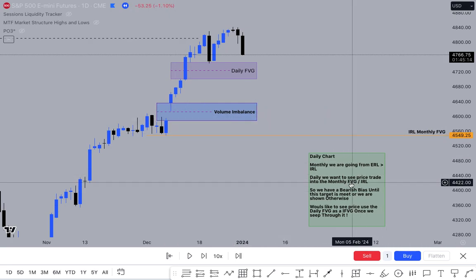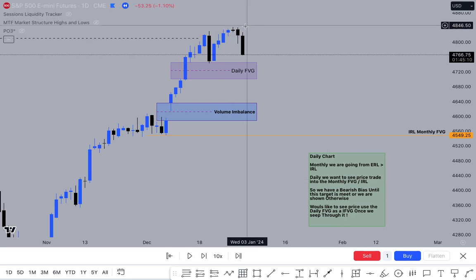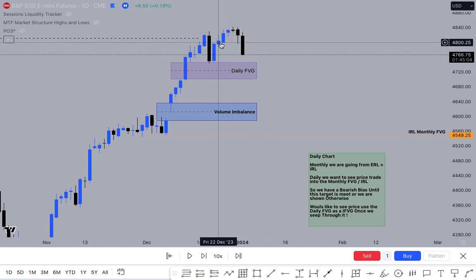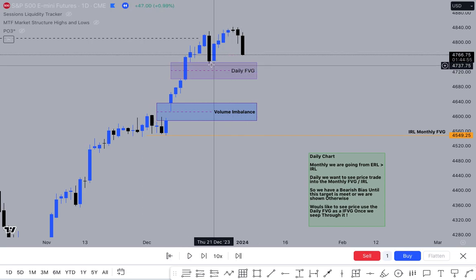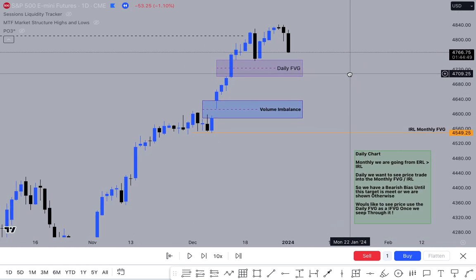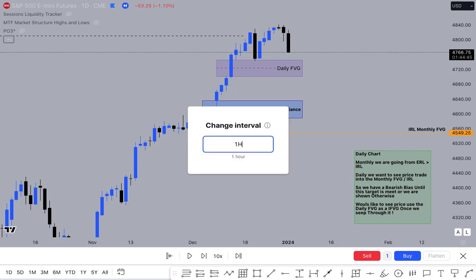and we know that on the daily and the monthly, we're going to go from external range to internal range. So we're going to be looking for a move from this external here towards some sort of internal range. We do have a slight internal range there, but I wouldn't class that as a fair value gap on the daily. I would look at this nice huge one down here, which also has this swing point below as well, which price will look to take out. So with that in mind, we're going again with our bearish bias. So monthly and daily we're bearish, and looking now at the 1 hour,